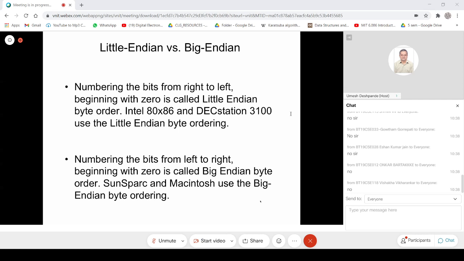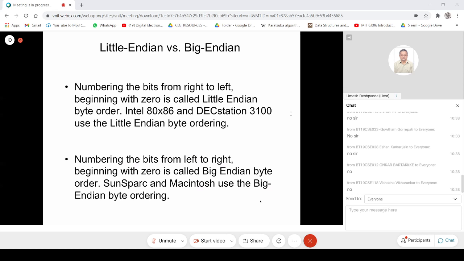So if we talk of a 32-bit integer representation, then in the little endian form, the least significant 8 bits would be stored in the first byte, that is the byte with the lower address. Then the second least significant byte would be stored in the next memory location, and so on and so forth.